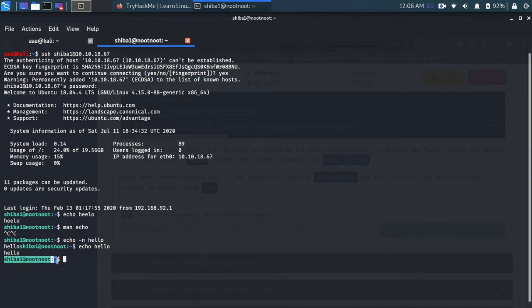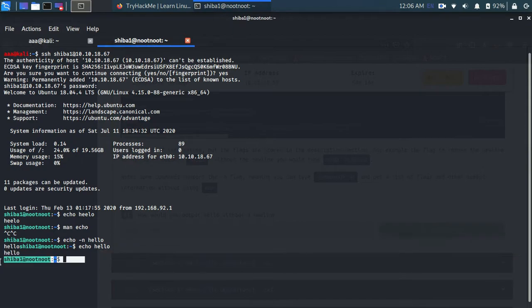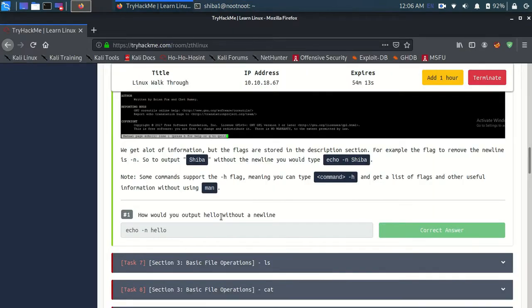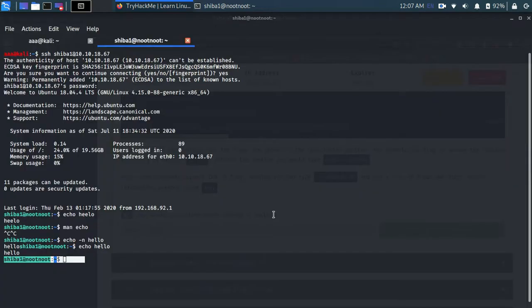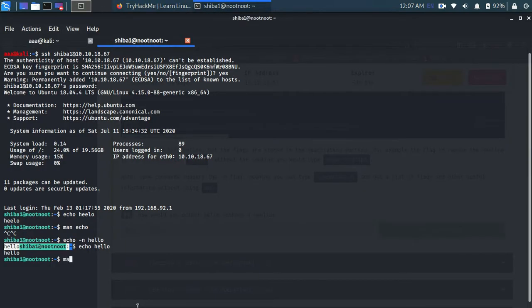This one continues over here on the same line, and this one leaves that line and goes over here. Our question was how to output hello without a new line. So no new line was created, and my output is done. And where did I find -n? From the man command: man and whatever command you want information on.